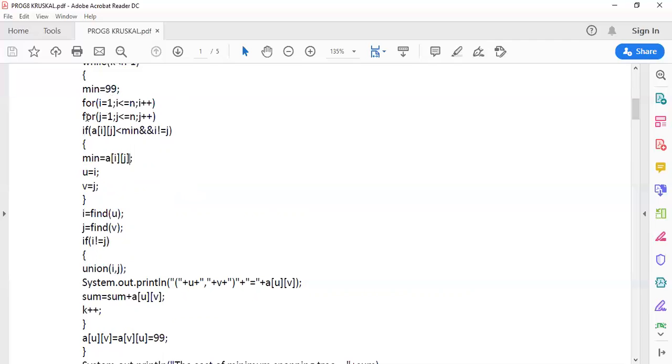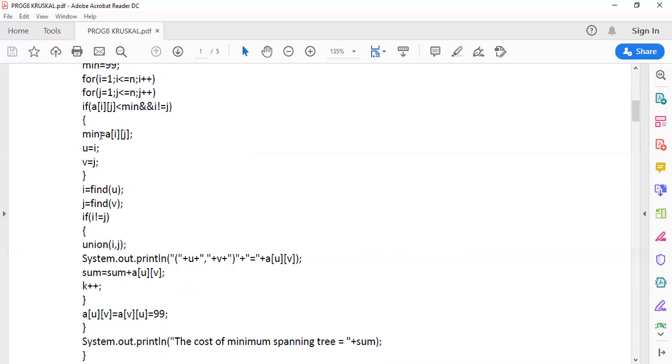Then the j for loop fails, and i is incremented to 2. Then we go to the edges 2 to 1, 2 to 2, and 2 to 3. In a similar way 3 to 1, 3 to 2, and 3 to 3. Like this, we are selecting each and every edge and looking into all the possibilities of which edge can be added to the minimum spanning tree.